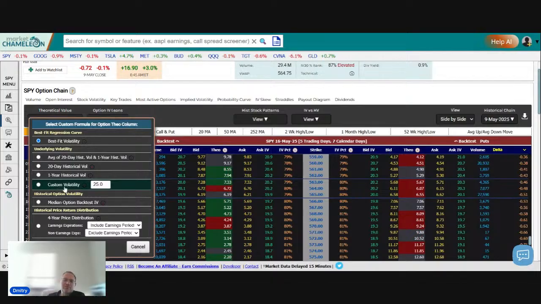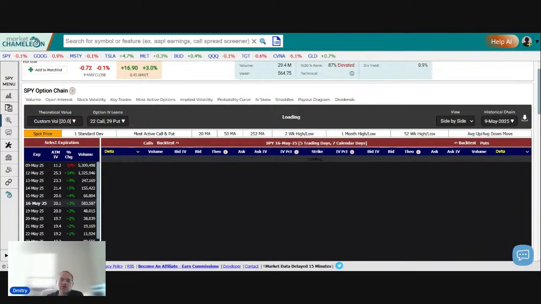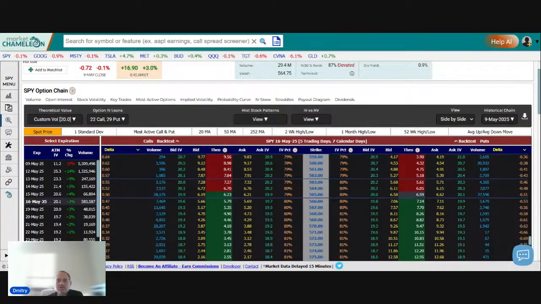One is you could give it a custom volatility. So let's just say I think SPY, in the next whatever days, these are 7 calendar days, 5 trading days left, I could give it my estimated volatility and plug it in there. Like if I click on this and say I think it's going to move at a 20 vol, let's say like this, I think it's going to move at 20 volatility. Okay. And if I click OK,